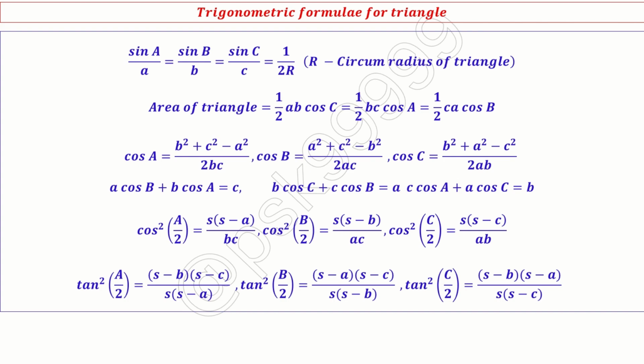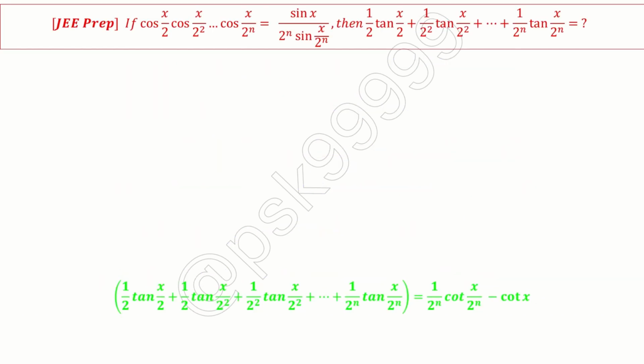So next problem. If cos of x by 2 into cos of x by 2 square into up to cos of x by 2 to the power of n equal to sin x divided by 2 to the power of n sin x by 2 to the power of n, then what is the value of half tan x by 2 plus 1 by 2 square tan x by 2 square plus up to 1 by 2 to the power of n tan x by 2 to the power of n? If you look carefully,